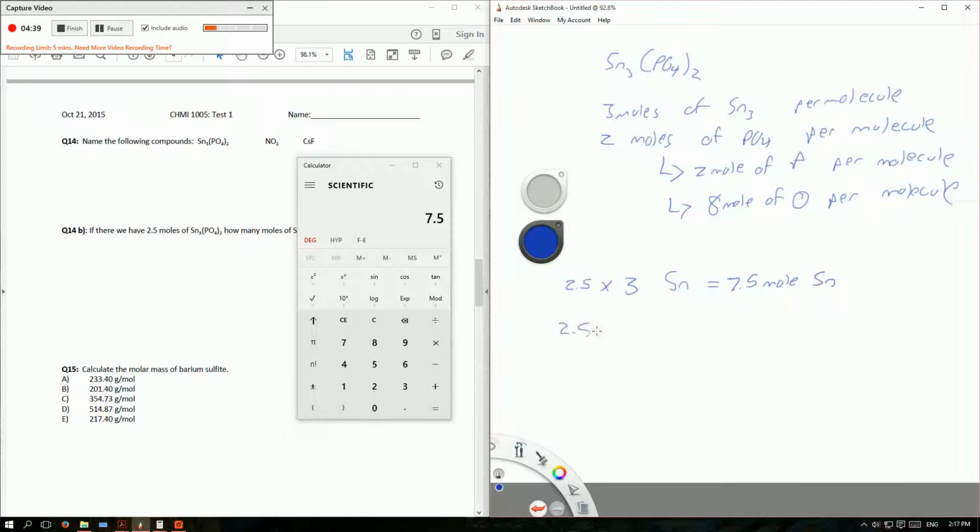Same thing here, 2.5 times 2 for P is equal to 5 moles of phosphorus. 2.5 times 8 of oxygen is equal to